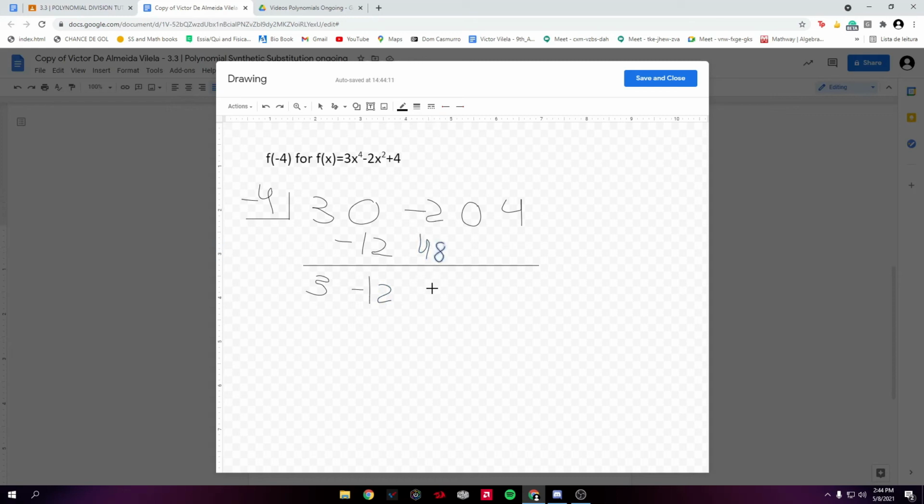+48 minus 2 is going to be 46. Then now it's harder because 46 times 4 is going to be -184. So -184, and -184 times -4 is going to be